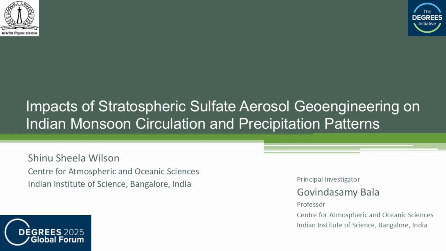We are presenting only the preliminary results, and this is for the surface temperature. The top panel is for the global warming effect, or the RCP 8.5 scenario, and the bottom panel is for the SAI scenario. From this, we can see overall there is a warming, and the land region is warming more than the ocean region